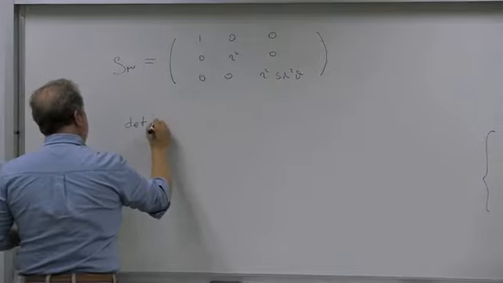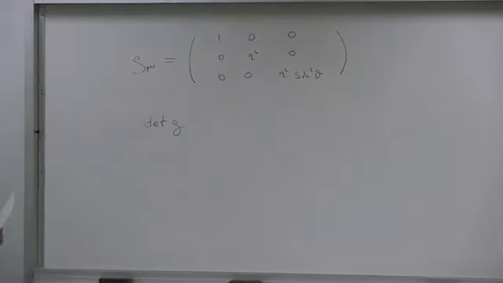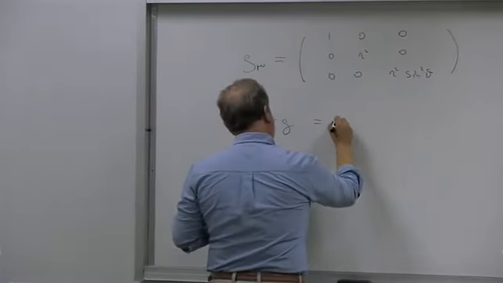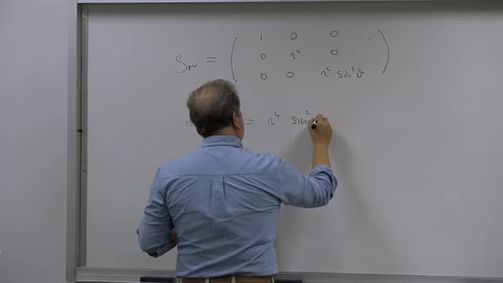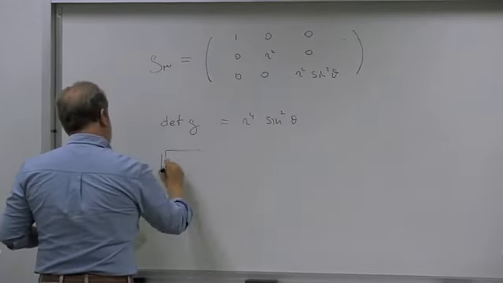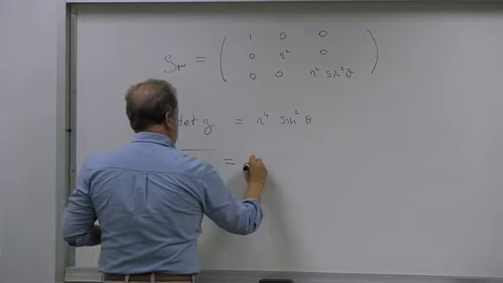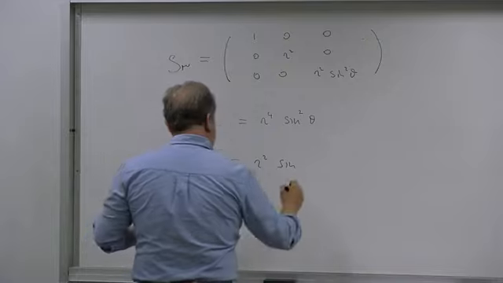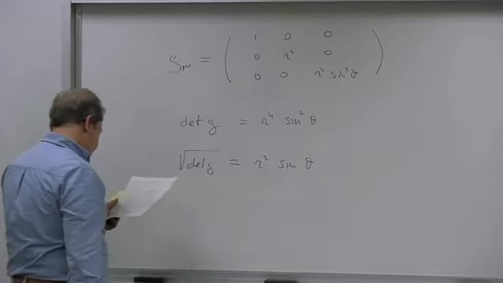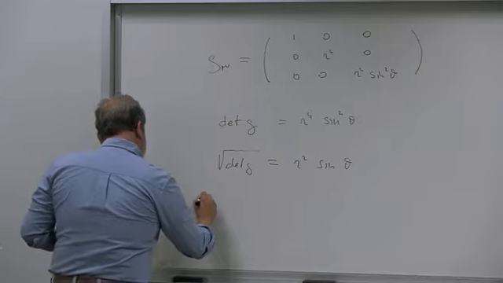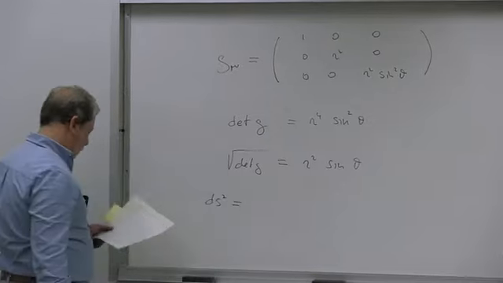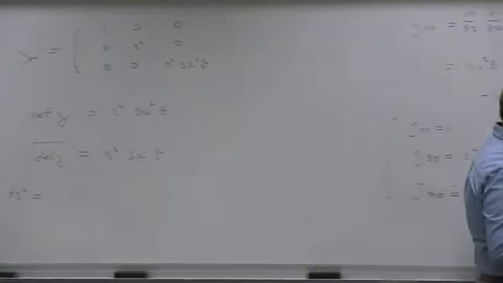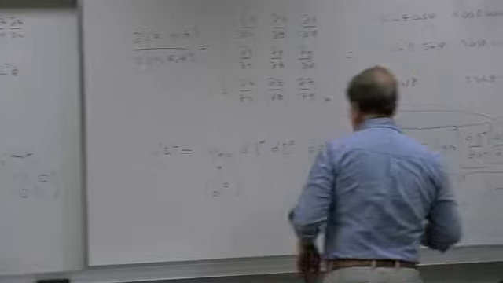And we can calculate the determinant of g, the determinant of that metric. And because it's diagonal, it's just the product of the elements along the diagonal. So this is equal to r to the 4th times sine squared theta, which means that the square root of the determinant of g is equal to r squared times the sine of theta. And the invariant ds squared, which was equal to dx squared plus dy squared plus dz squared in the Cartesian case,